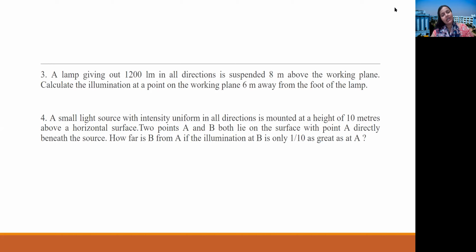So this is all about the basics of illumination. Here you have studied what illumination is, what this term actually defines, and how it is different from light. The effect of light can be defined as illumination. Now the laws of illumination are very important, along with some small applications of illumination. Again, I am telling you, go through these problems, and if you find any difficulties, you can share them in the comment section and I will definitely solve them.